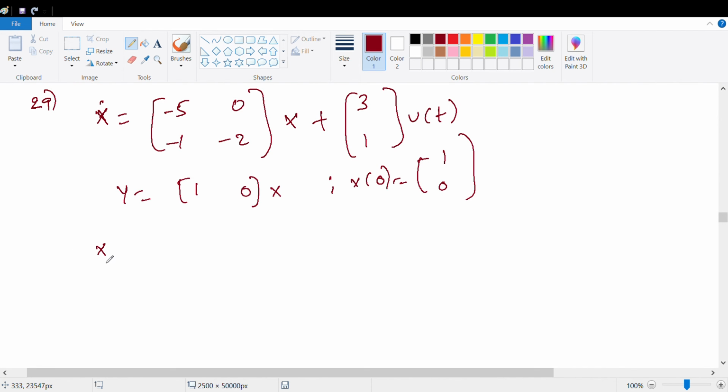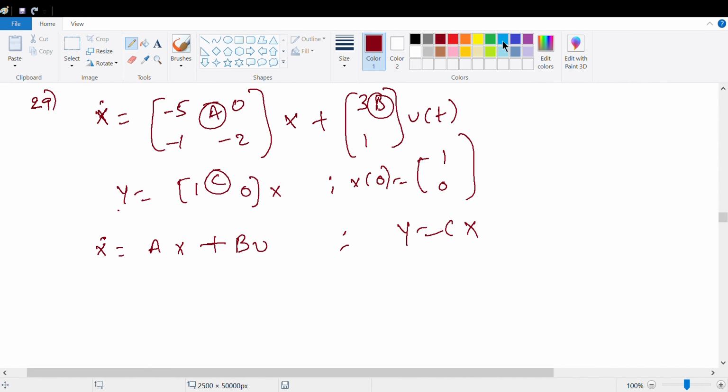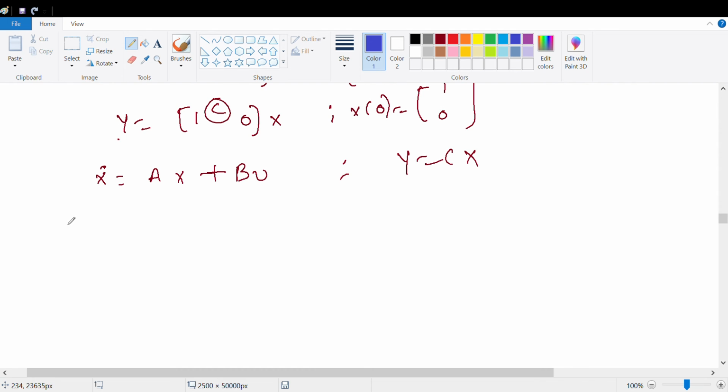And it is in the form x dash equal to ax plus bu, y equal to cx. C means this one, A means this, B means this. Now we need to use the Laplace transform. Therefore x dash equal to ax plus bu. Now